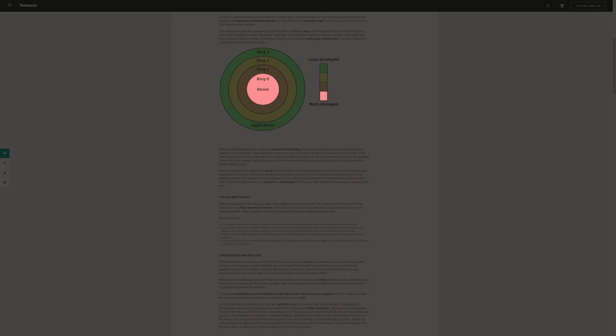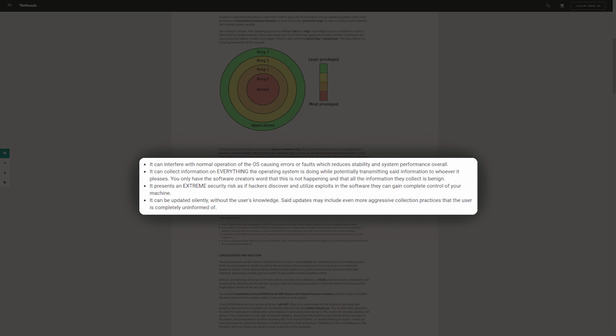This is at the system level and is the most privileged access level. This is for core system services, and below this handy-dandy little graphic they state, it can interfere with normal operation of the OS, causing errors or faults which reduces stability and system performance overall. It can collect information on everything the operating system is doing while potentially transmitting said information to whoever it pleases. You only have the software creator's word that this is not happening. It presents an extreme risk, as if hackers discover and utilize exploits in the software, they can gain complete control